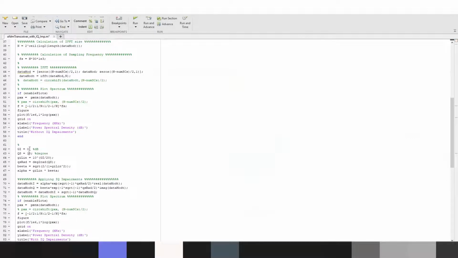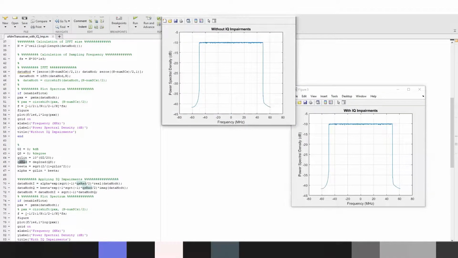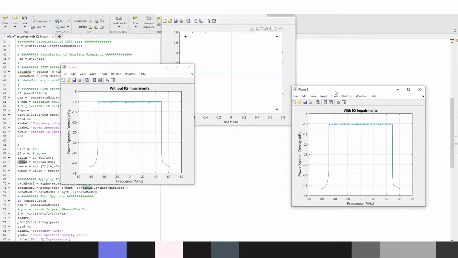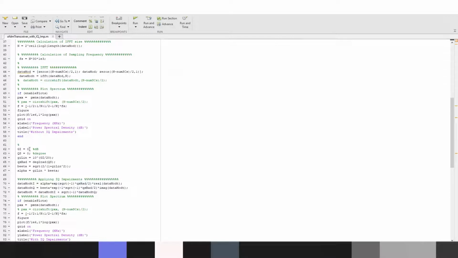So in the first case, this GI is representing gain imbalance, which gives alpha and beta. From this gain imbalance I am calculating alpha and beta here, and from QS, I am calculating the theta value. So for 0, I'm not applying any IQ impairment. See, if we compare plot number 2 and 3, they look exactly similar. This is without any IQ impairment. This is with IQ impairment. Now let me apply 1 dB gain imbalance and 10 degree quadrature skew. Theta is known as quadrature skew also.